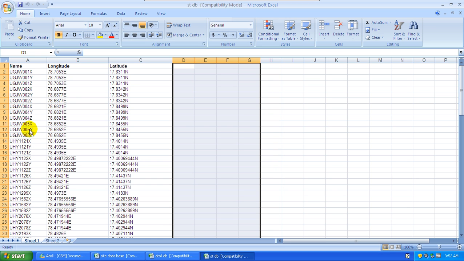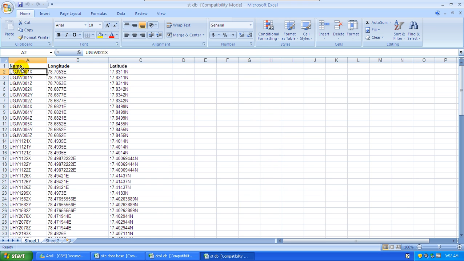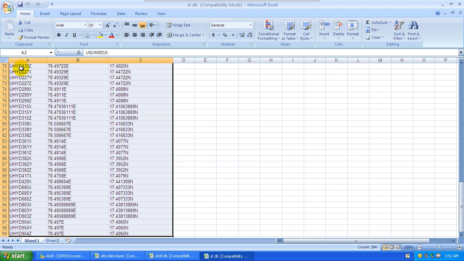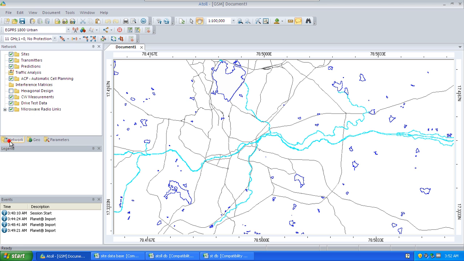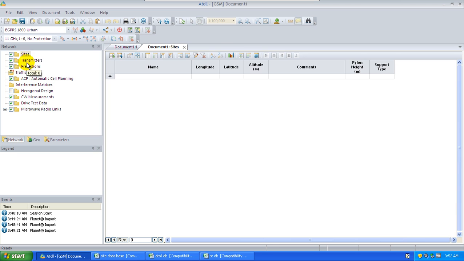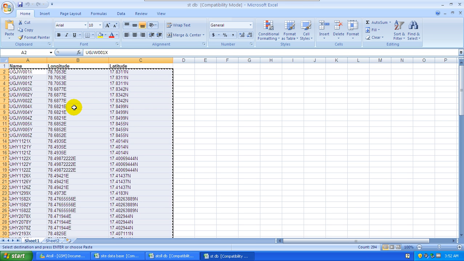So what I'll do is select all of this, the complete window. I'll copy this, select and copy, and open Atoll here. Now we have the networks here. Click on the network, you have the sites here. Right click, open table, or double click, and you'll get this. Okay, what do you have? Name, longitude, latitude, which are there in my database. Site name, longitude, and latitude. Right? Now what I'll do is